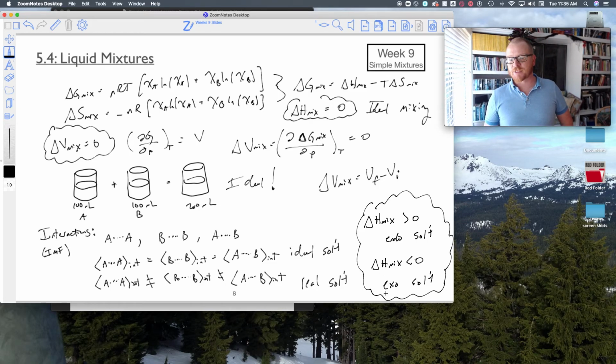Now, coming up with examples of exothermic solution formation is rather tricky. The best example I've got for you is sodium chloride, salty water. That's because the interactions between sodium chloride and water are much different than the interaction between just sodium chloride and just water. Well, they're pretty similar actually, but there's a much stronger interaction between the water and the sodium chloride. And because that's such a favorable interaction, heat is released when you mix those things. Okay? So the last little